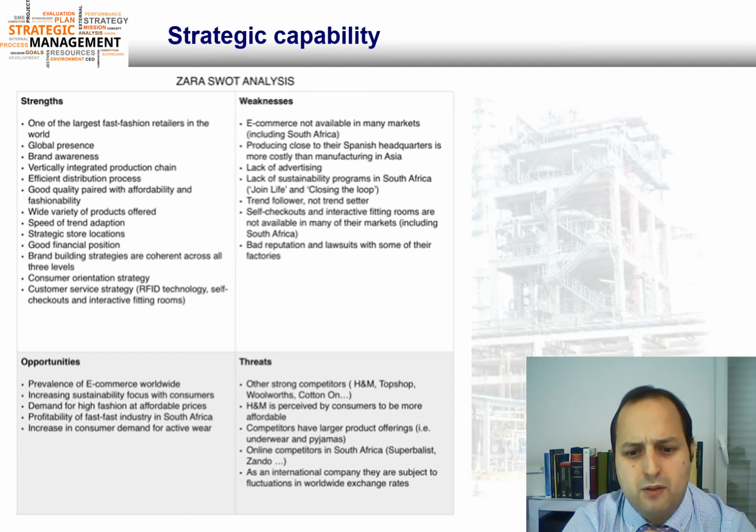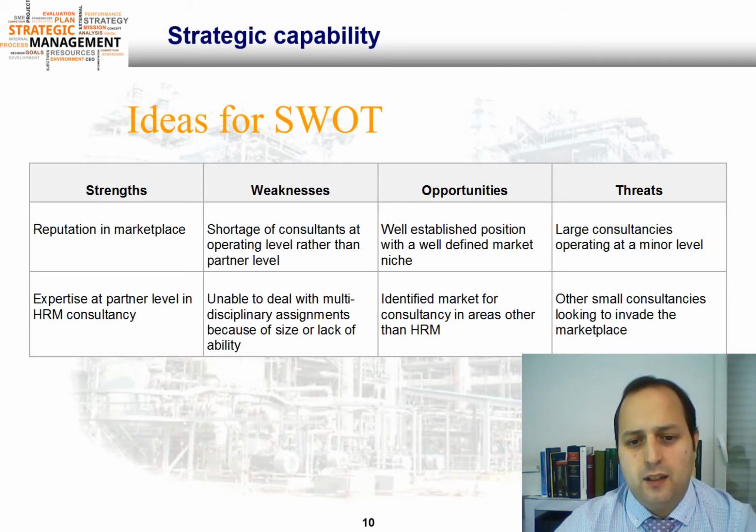H&M is perceived by consumers to be more affordable, competitors have larger product offering, etc. So this is just an example of SWOT analysis of a very big company. Finally, you can find here a couple of other examples of strengths: reputation in marketplace, expertise at partner level in